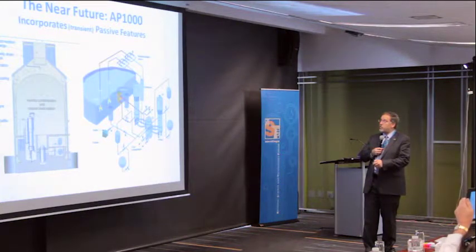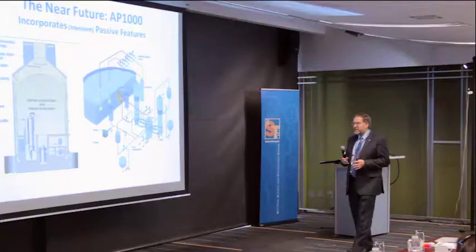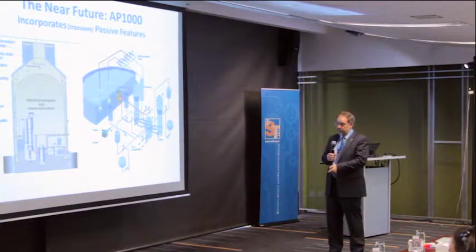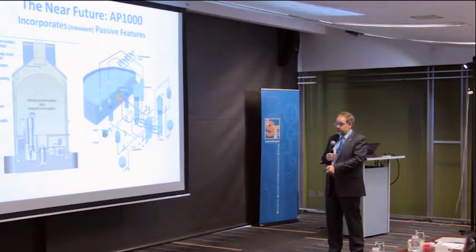the AP1000 incorporates so-called passive features, which are arguably generation 3 plus types of features, but people get very upset and think, is it 3, is it 3 plus? But anyway, the point here is two things. You have a water tank here, there's the reactor core, and so the water is fed down under gravity if there was some form or reason for there being a breach or an interruption in the cooling system into the core of the reactor. That water then internally circulates, and then there's a water tank on the top of the